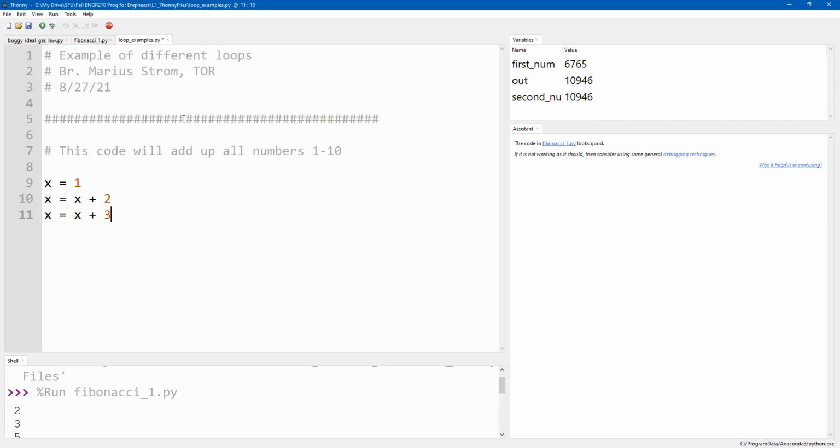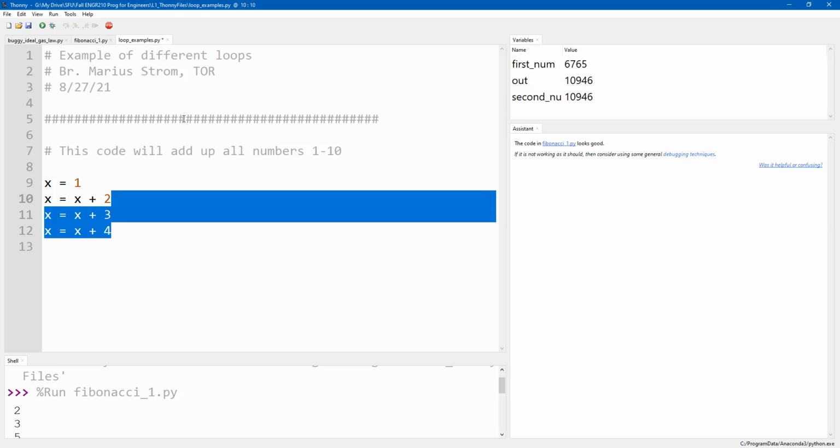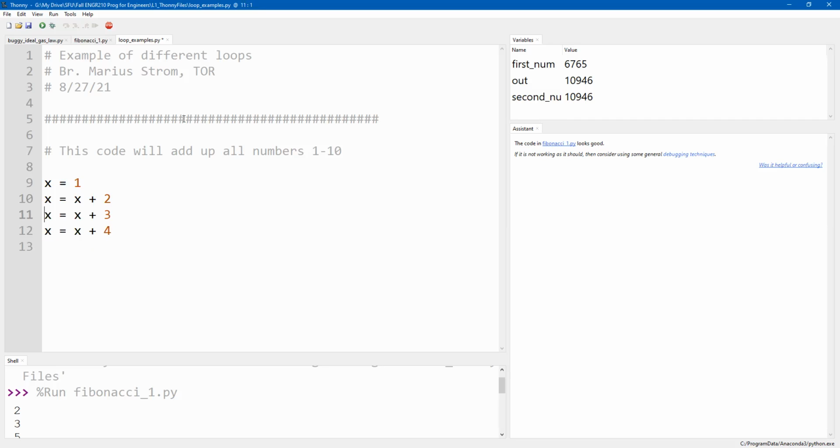So in this case, I'm setting some starting place, and then each time through the loop, I add the next number in the sequence up until I get to 10. I haven't actually made a loop yet. If you're wondering about that, I'm just trying to set up the thought process here. All right. So I'd like my loop to do something like that. That's what I want my loop to do. Really, that's what it is going to do.